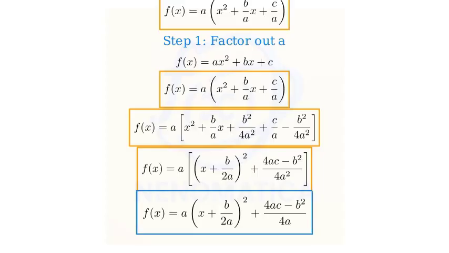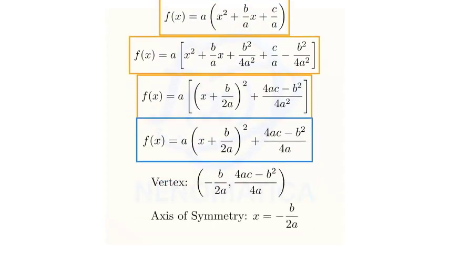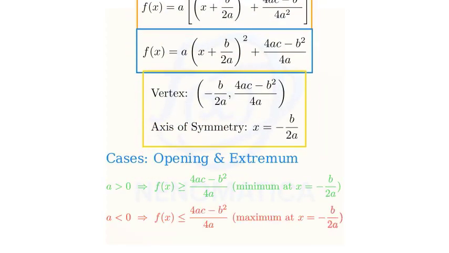From the vertex form, the vertex is at x equals negative b over 2a and y equals 4ac minus b squared over 4a. The axis of symmetry is the vertical line x equals negative b over 2a. Now, two cases. If a is greater than 0, the parabola opens upward, and the vertex gives the minimum value. Specifically, f of x is greater than or equal to 4ac minus b squared over 4a. If a is less than 0, the parabola opens downward, and the vertex gives the maximum